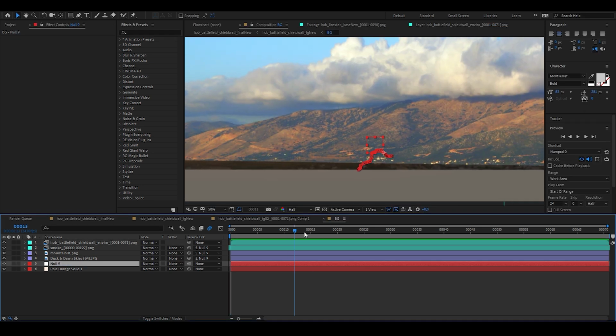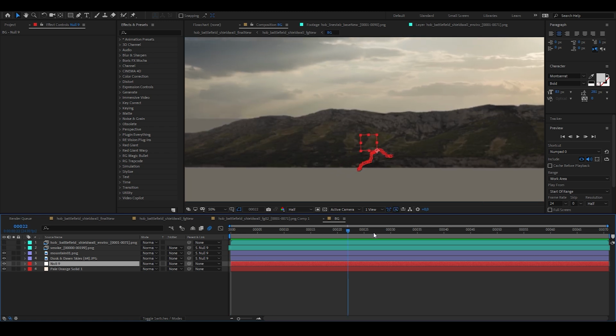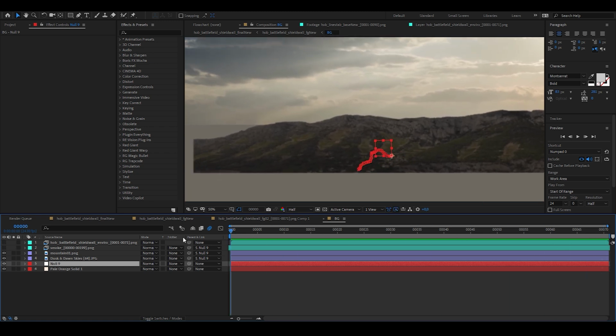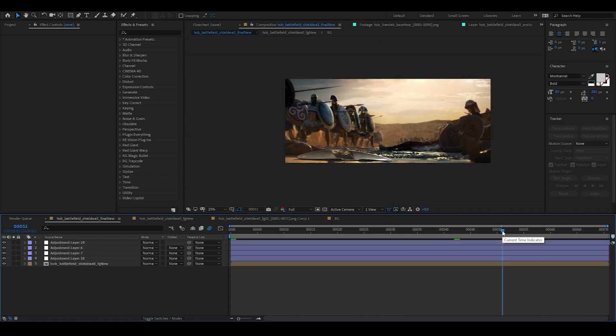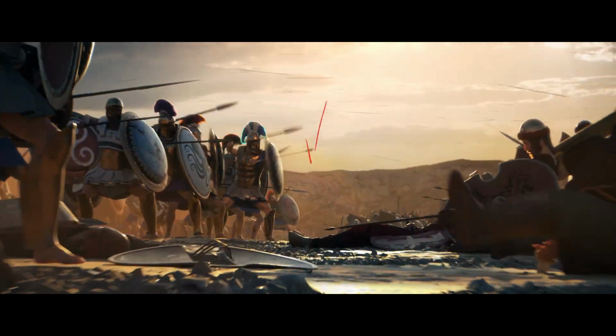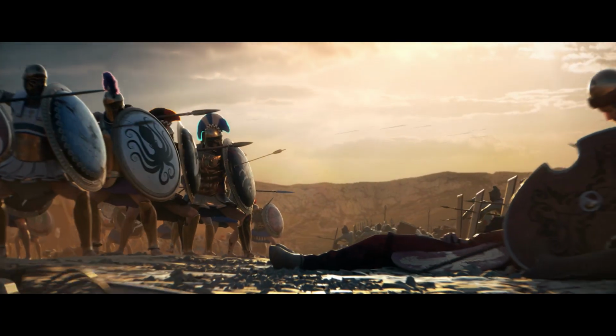Then I parented another environment image to this null, and this tracking data assured that the image was moving properly in the shot, repeating the camera move. This image, with some color grading, then proved much more suitable for the final result. It actually drew the eyes less and was better suited for the sunset atmosphere.